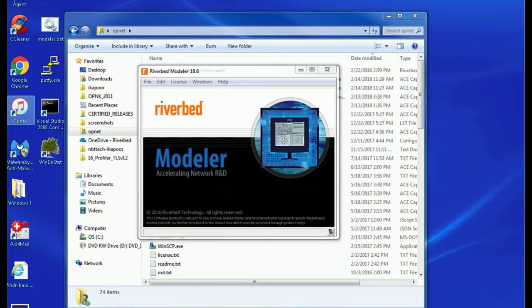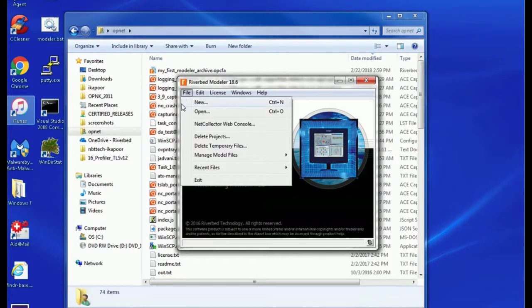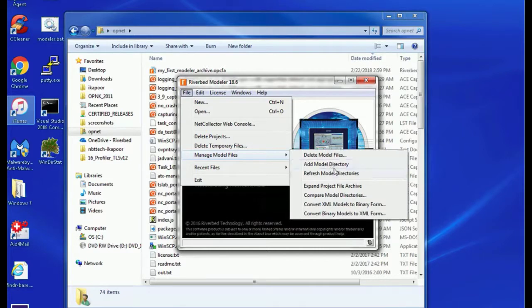Okay, so now that we've created our archives, let's see what we have to do to bring the project back up from the archive. I used Modeler 17.5 to create the archive. I'm going to actually restore it or expand it or unpackage it using Modeler 18.6. So let's see how the steps go. So let's go to File, Manage Model Files, Expand Project File Archive,